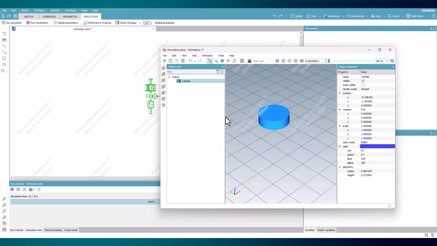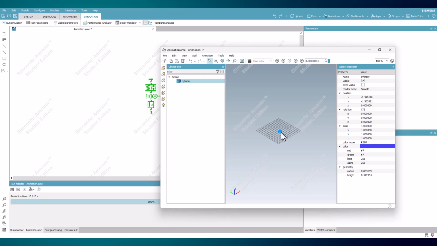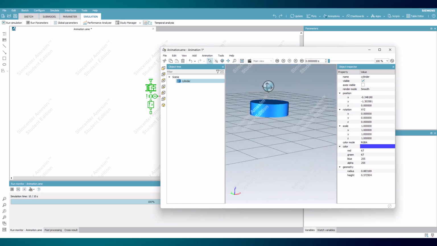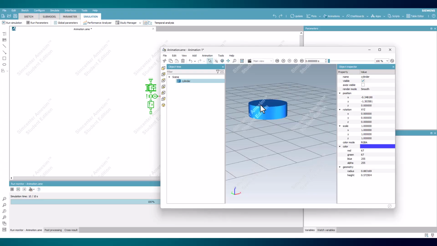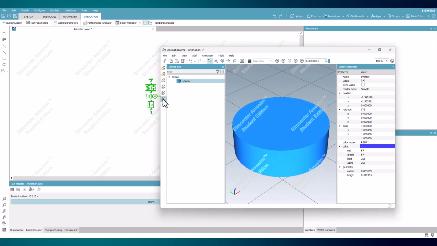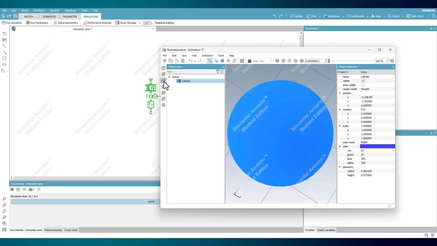The scene can be zoomed in or out from the mouse wheel, panned by holding the mouse wheel down, or rotated by holding down the right mouse click. Options to make these operations available with a left click are listed in the top ribbon. Set views for the isometric, left, right, top, and others are available to select from to the far left.